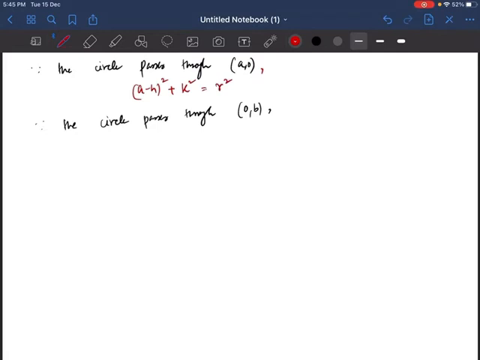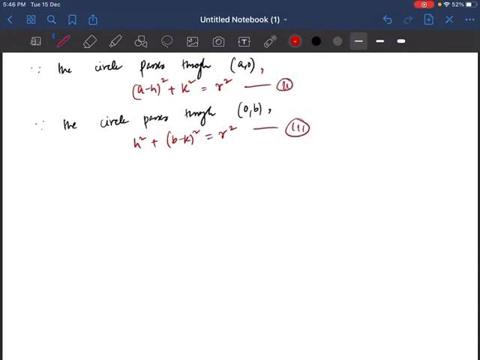This is what we have. Then this one will be h square plus b minus k whole square is equal to r square. So these are the things which we got, right? Now in place of r square, what we are going to do is we will write the value. This one is my equation number 2, and this one is our equation number 3.